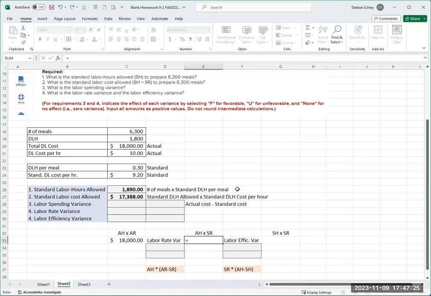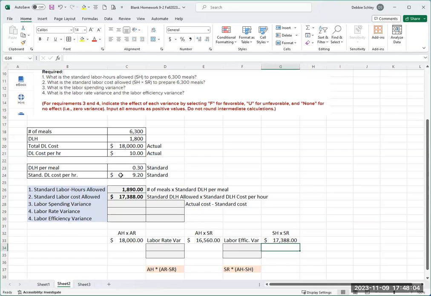My actual hours times my standard rate of $9.20 is the middle one. And then the last one is the standard hours, which if you'll remember, to get the standard hours, first we have to take the number of meals times the direct labor hours per meal, which we figured out in required 1, times the standard rate, which was $9.20. Okay,